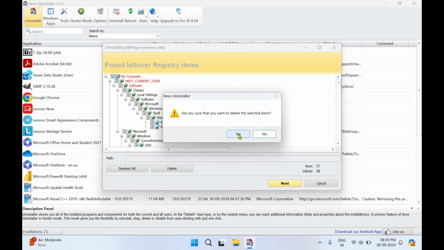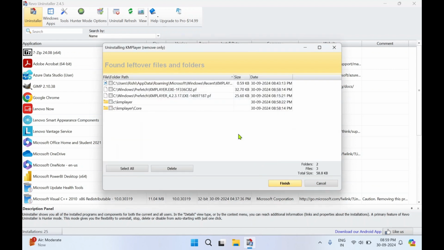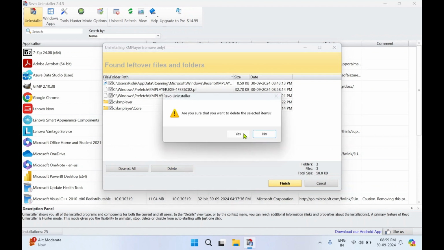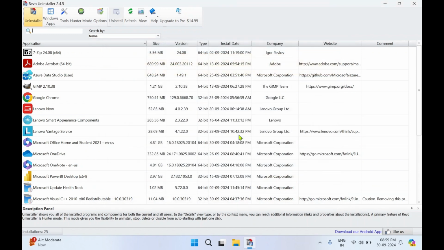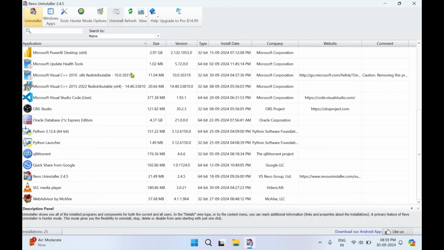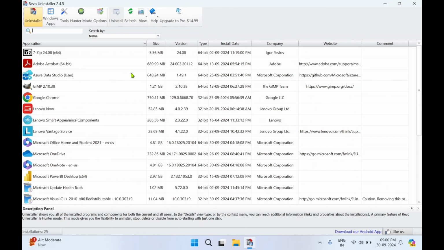Okay, click yes. Now this is the found leftover files and folders. So KM player has created all these files and folders, okay, which are left in our system. So what I'm going to do, I'll select all and click on delete. Okay, click yes. So proceed. Once this is done, you can see KM player has got completely uninstalled from my laptop. Okay, I'll close this